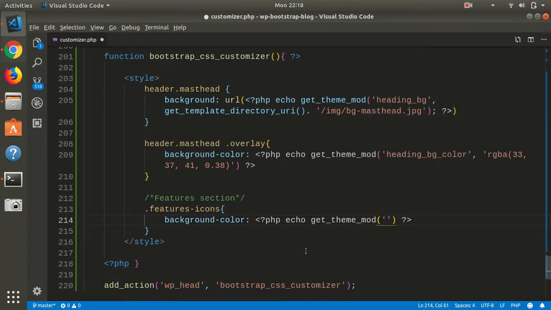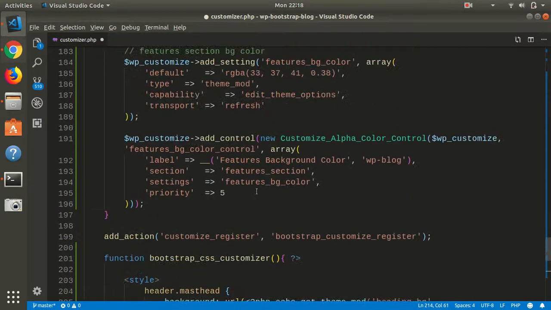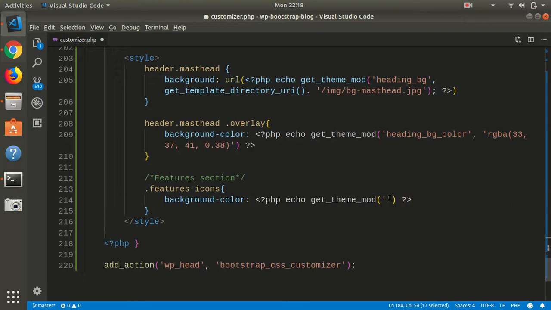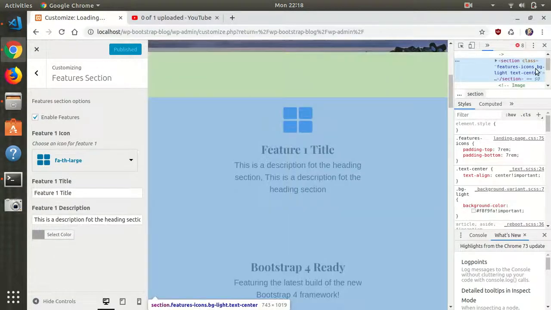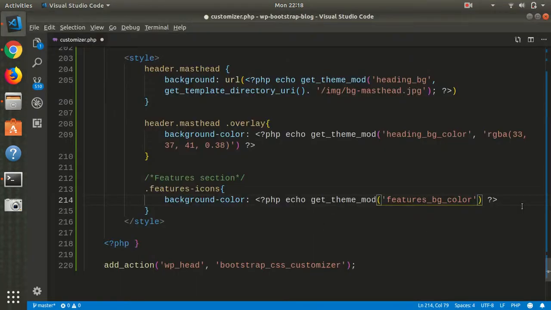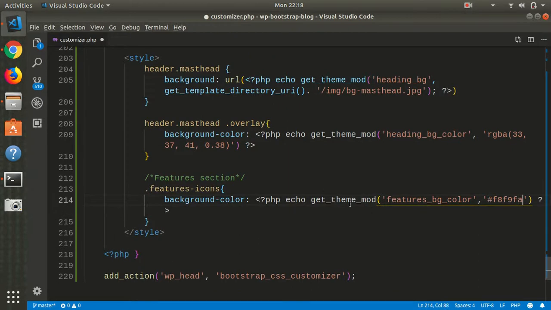So for that we need to first echo and get theme mod, and we need to have this setting. Let's paste that here, and we need to have the default value. So in our case, it's this value. So let's copy this and let's paste that here. Okay,